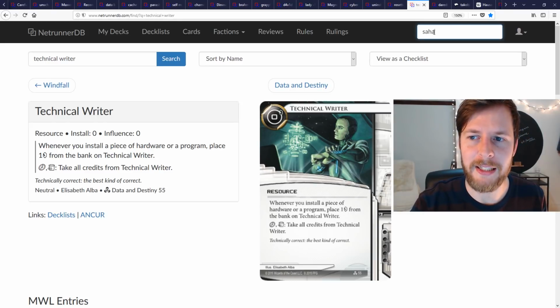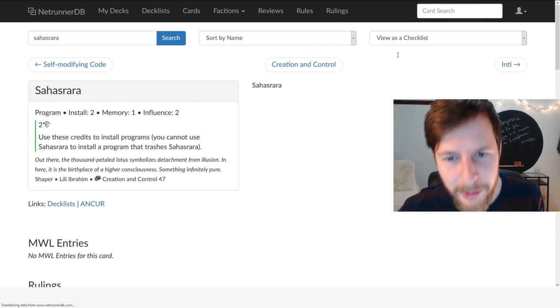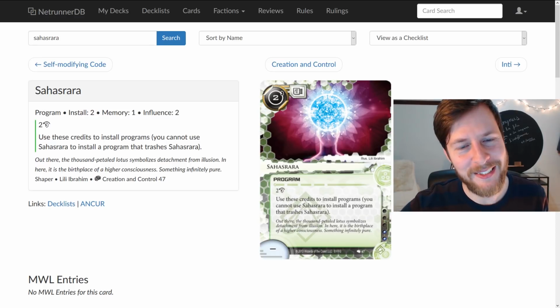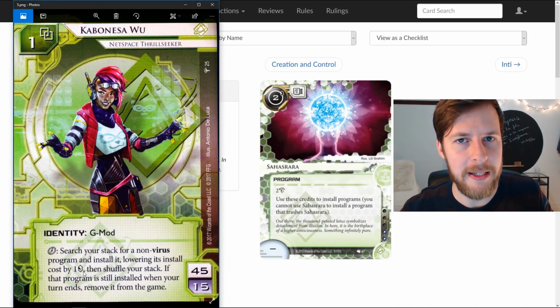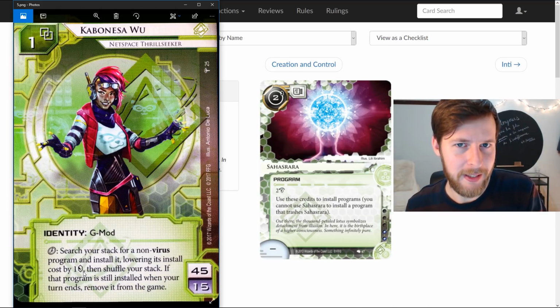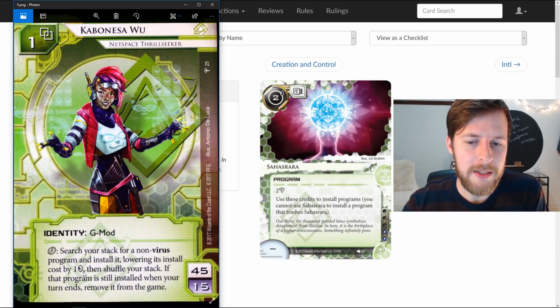Funny enough, actually, Sahasrara is actually tempo positive if you start removing these from your deck. That's what I'm super surprised by. Normally an ability like this on an ID would say once per turn, but you can actually do this 4 times a turn. So in theory, and this is not really great, you can install a Sahasrara for 1